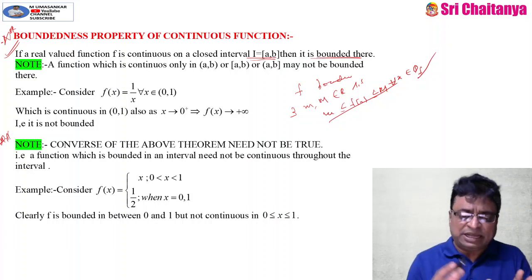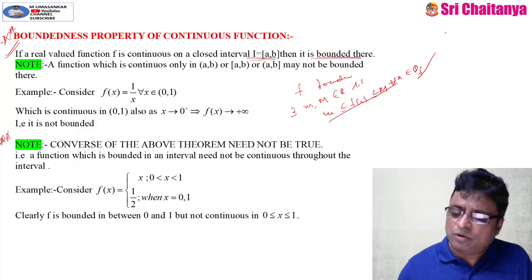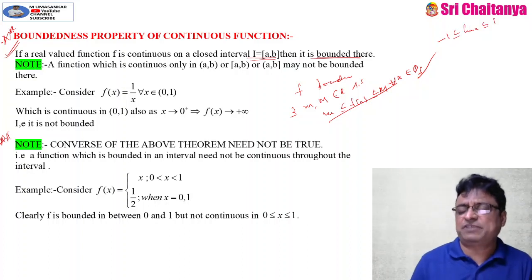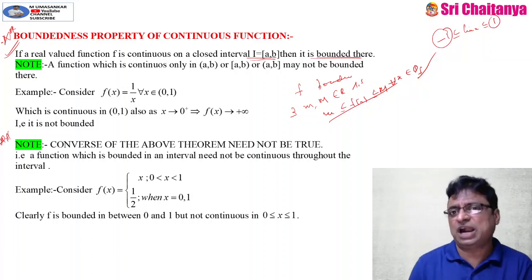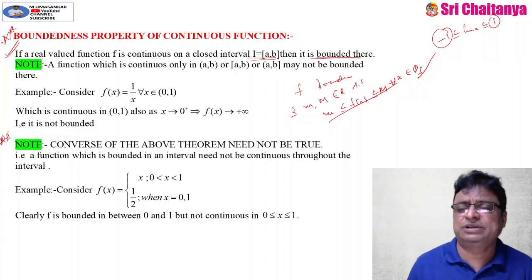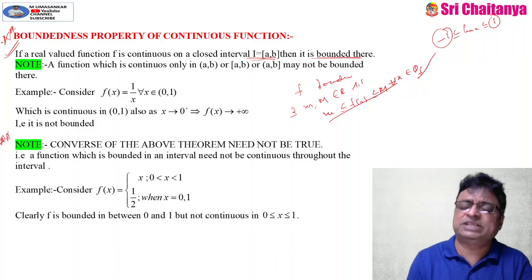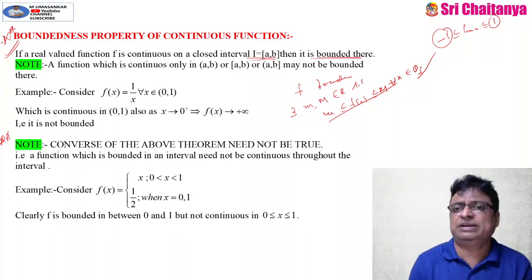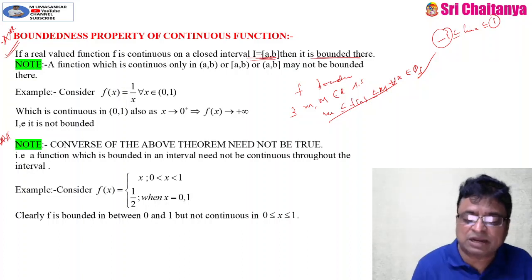Bounded means every value of the function should lie between two fixed numbers. In your language, see, minus 1 ≤ sin x ≤ 1. You take any value of x, the sin function always lies between minus 1 and 1 only. Here, small m is equal to minus 1 and capital M is equal to 1. Therefore, it is a bounded function. And moreover, it is a continuous function, continuous everywhere; after all, in a particular interval, that is a different story. So, if any continuous function you take in a closed interval [a, b], it is always bounded. But one thing, your function must be continuous in a closed interval.